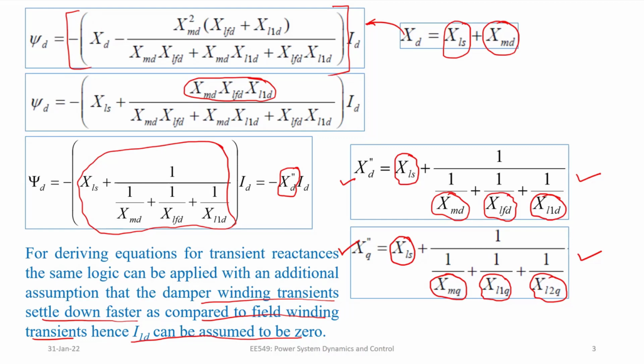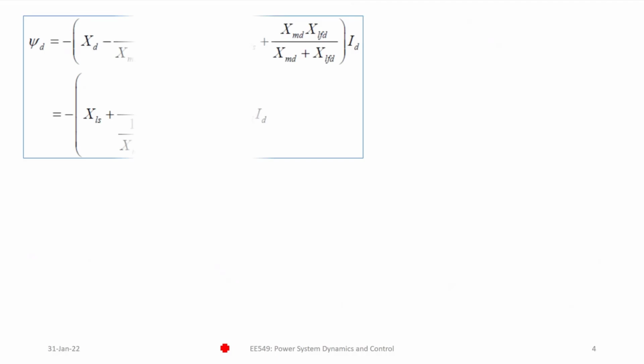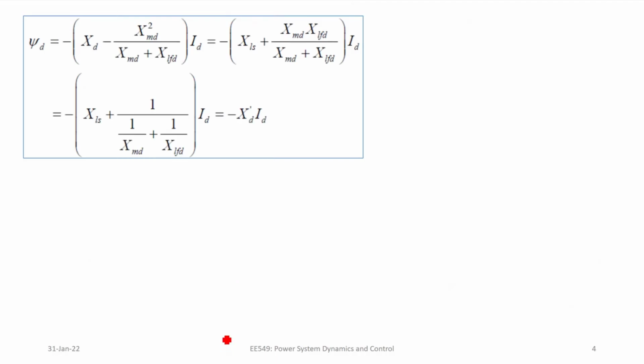The damper winding transients we will consider 0, right? In q-axis also, we'll consider only the transient in the 1Q damper winding, not in the 2Q damper winding. So by assuming I1D is equal to 0 and considering these flux linkage equations,